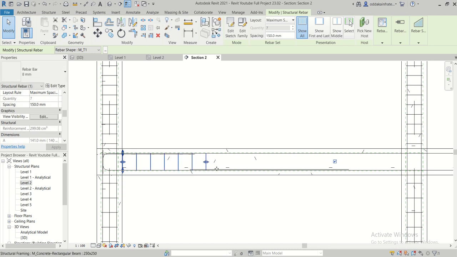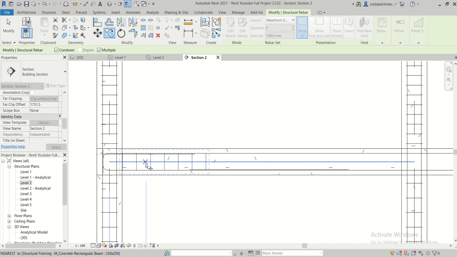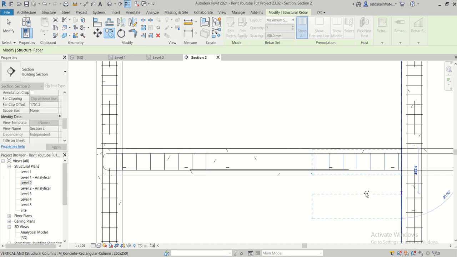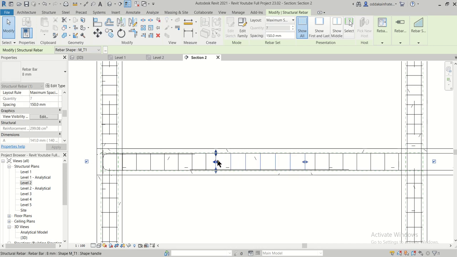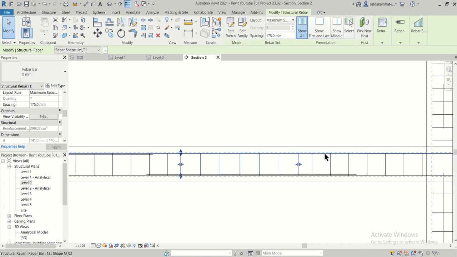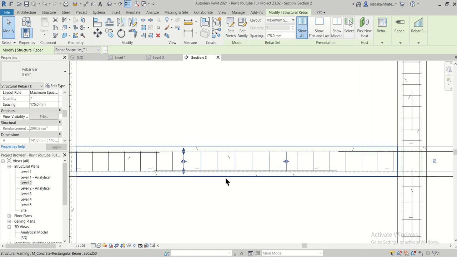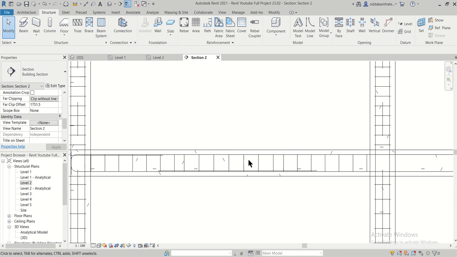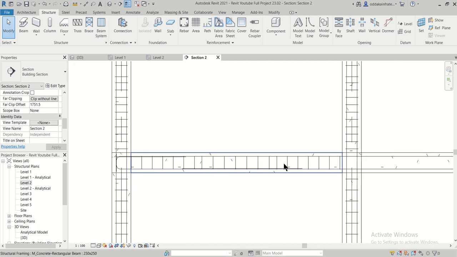So let's decide this particular range up to this much. Let's take a bit further, divide into three parts. You can use construction lines for that, and just take this point of reference and place it here. Okay, we are done here. And the middle portion, we'll just place it here, I think, and we'll just extend this, and this spacing will be 175. You can be precise using construction lines, for the distances at the center and the supports, but this is the technique which you'll need to follow in that particular case.